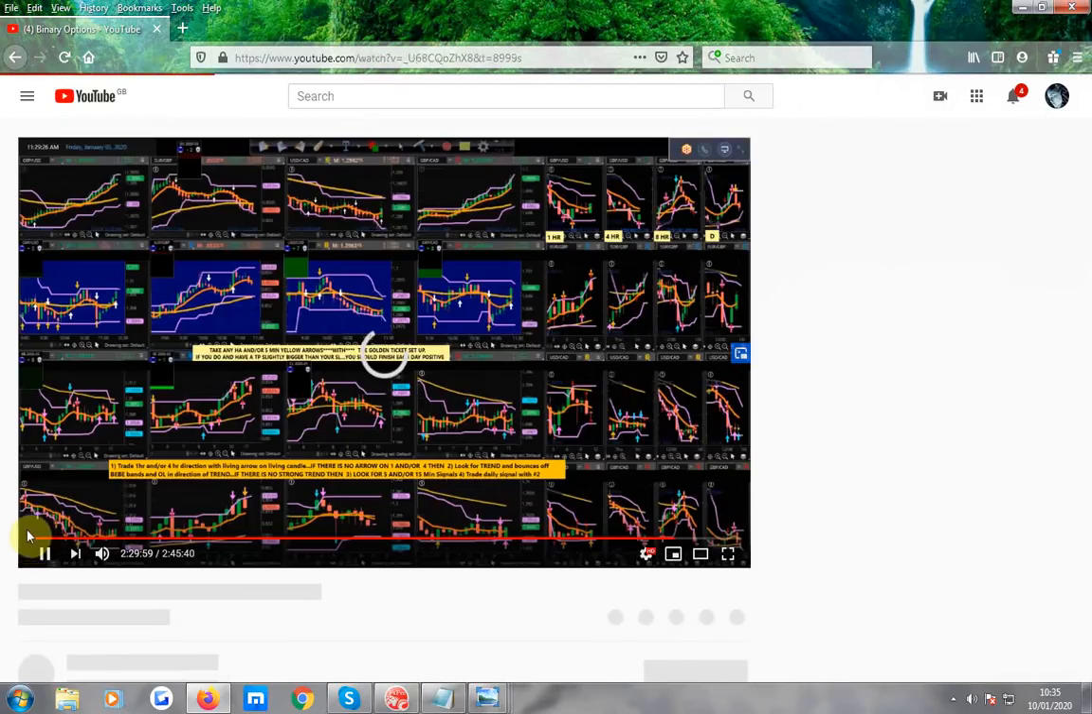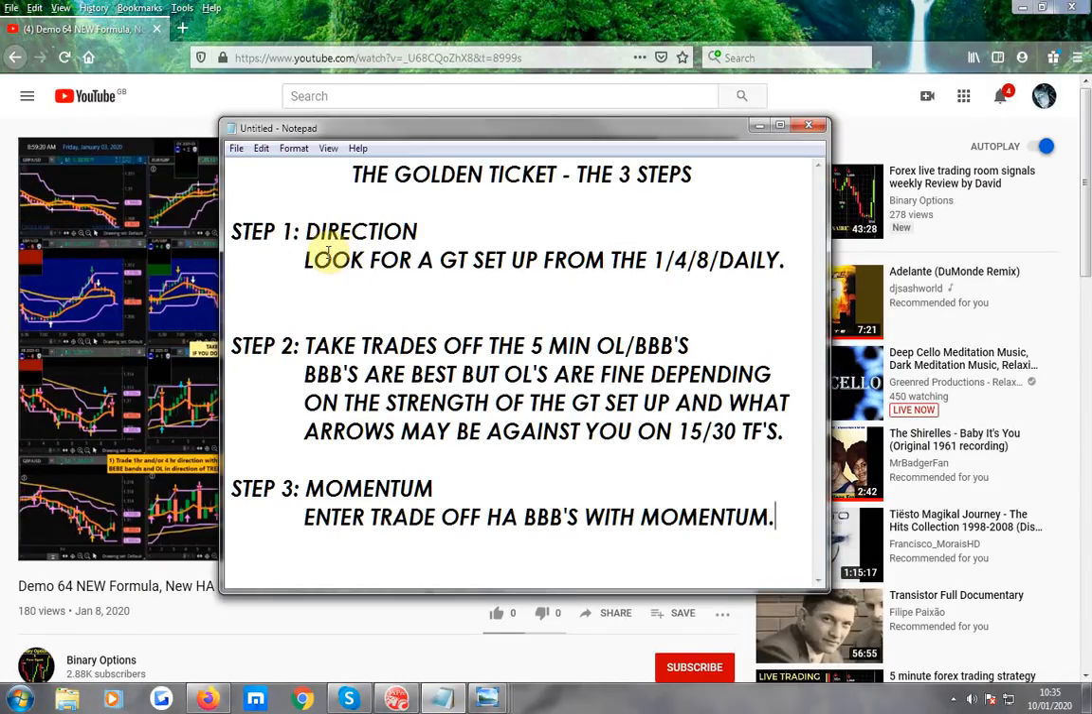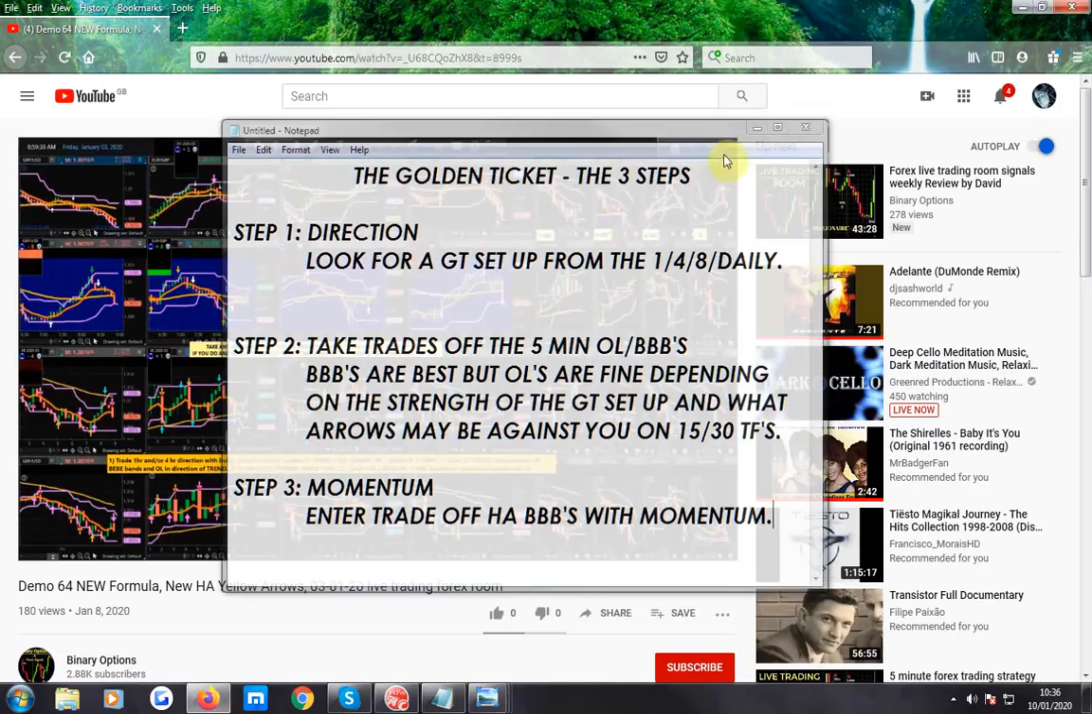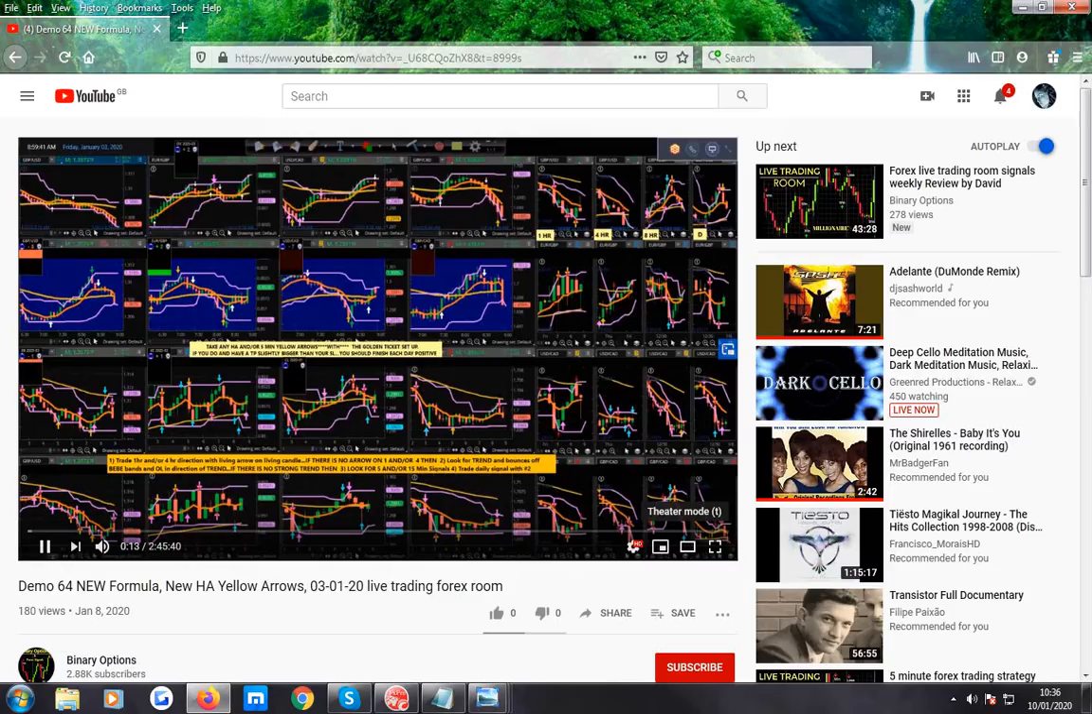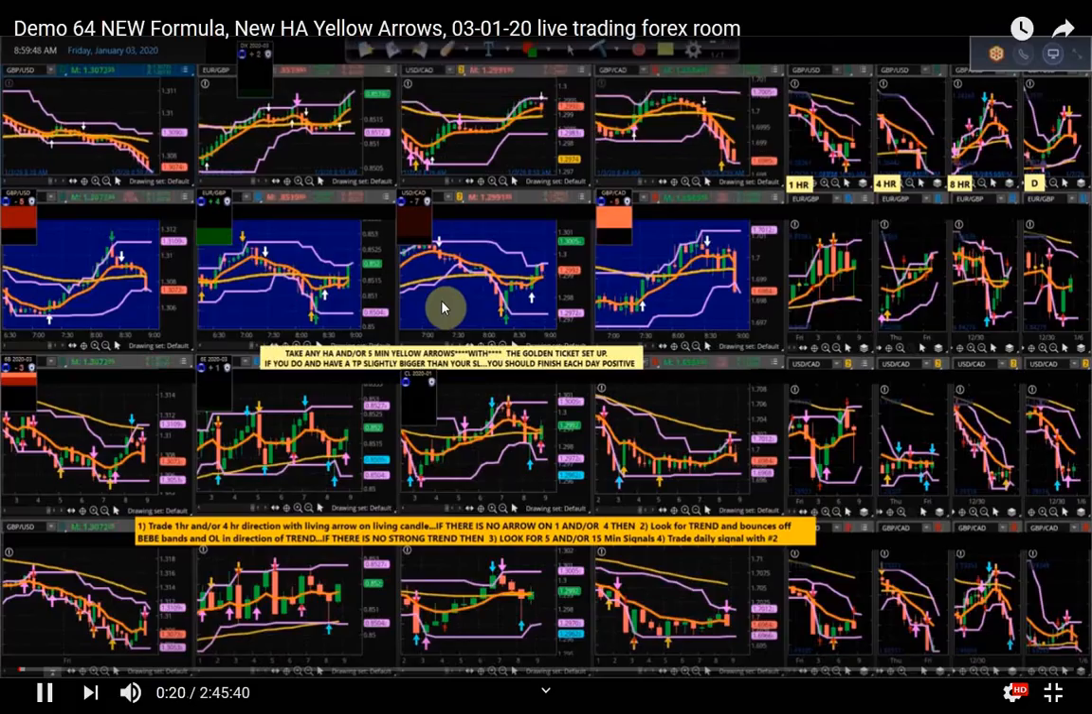Okay, so we know the steps, guys. I'll just pull it up here again. Direction gets you there. Step 1, get the direction, 148 daily. Step 2, take trades off the 5-minute orange lines and BB bands. Step 3, momentum. Very, very simple to follow. Okay, so we come in the rain, and let's have a look then. Okay,